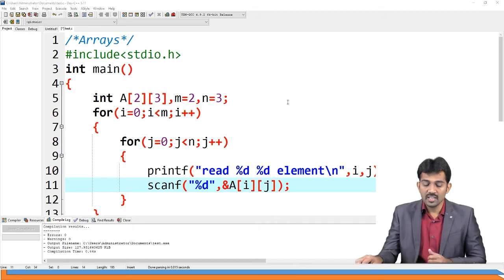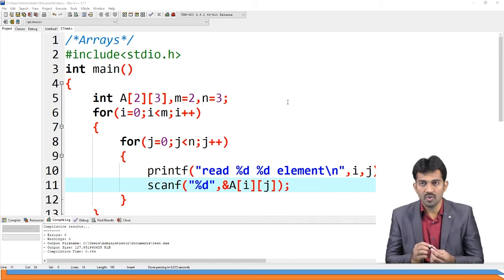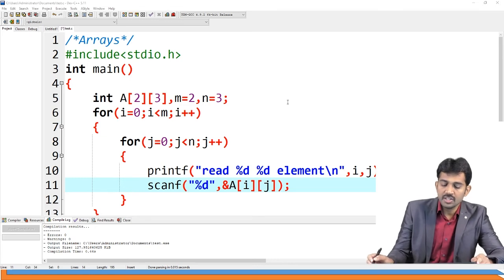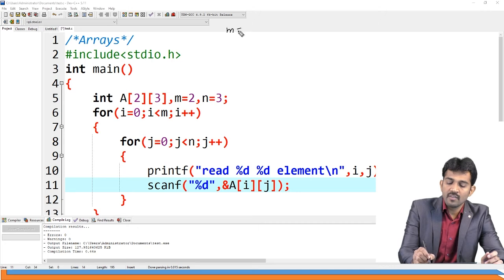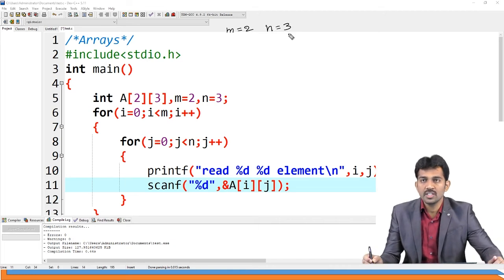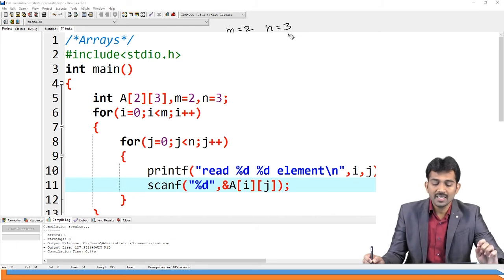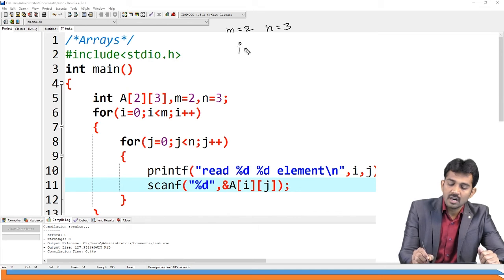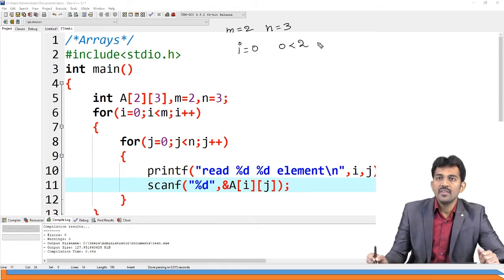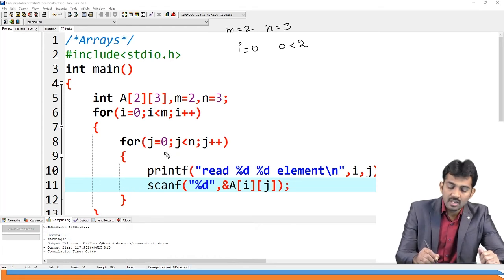Now I will check how the loop is going to work. Initially, what is the m value? The m value is 2 and the n value is 3. Initially, i value is 0. 0 is less than m, which is 2, so the condition is true and we enter the loop.